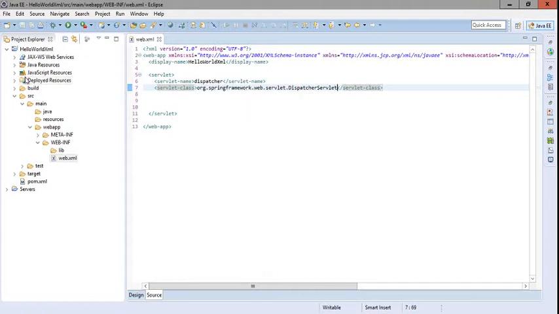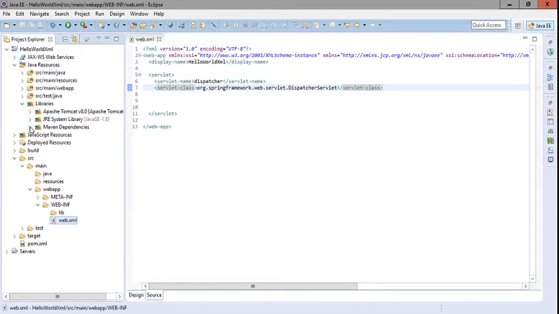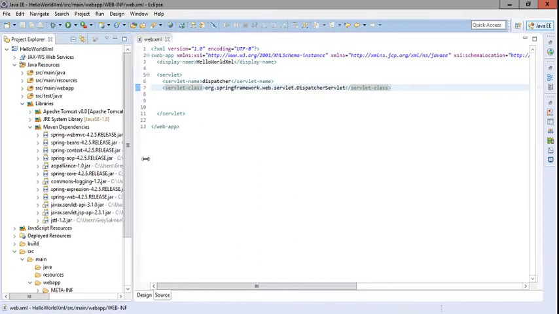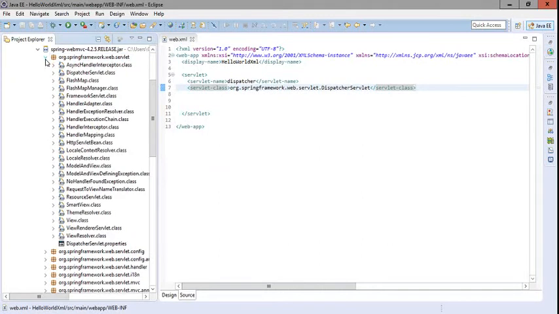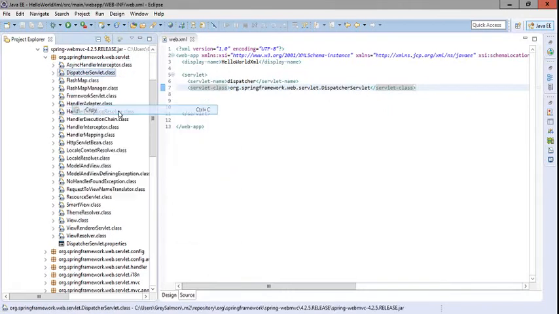You can also view this class by going to Java Resources, then Libraries, then Maven Dependencies, then the Spring MVC jar, then org.springframework.web.servlet, and here is the DispatcherServlet. You can also copy the qualified name.